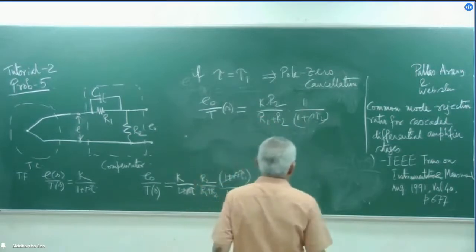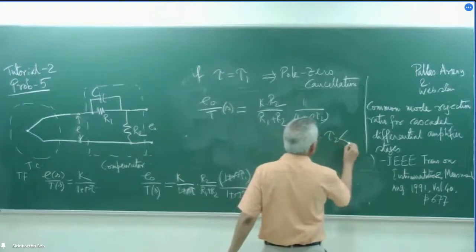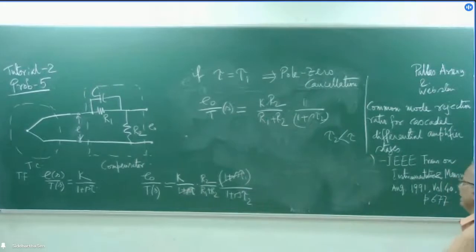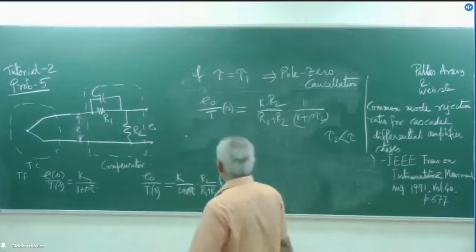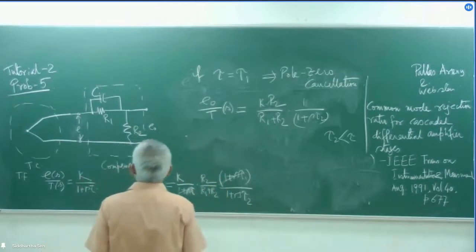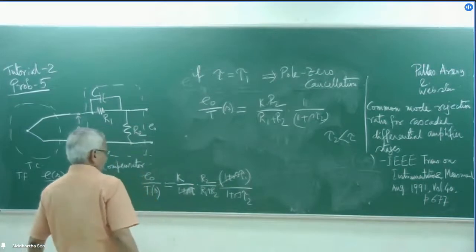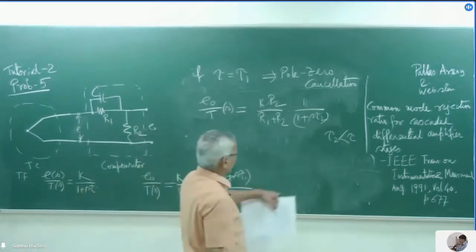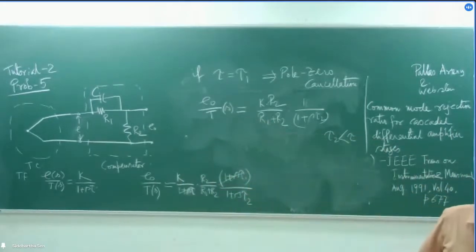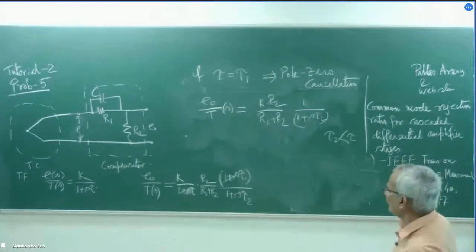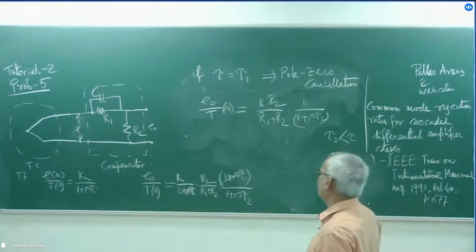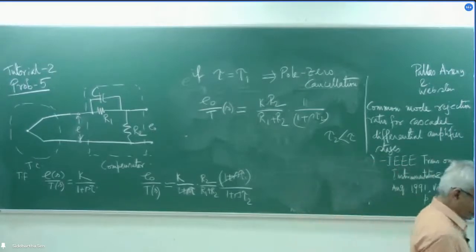So we know that tau 2 is less than tau 1. So I can say tau 2 is less than tau. That means what is happening? By this, if we can do the perfect pole zero cancellation, the total system transfer function will be a first order system with time constant less than the earlier. Or in other words, we can make the thermocouple measurement system much faster by this pole zero cancellation.